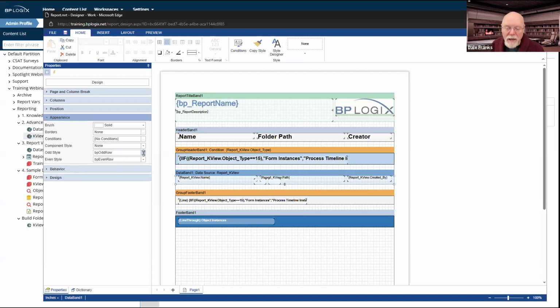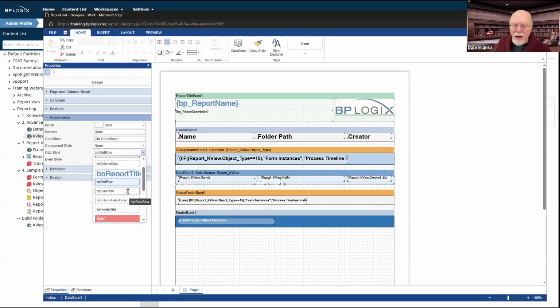I've picked the BP styles that we've built in with the light blue and white background. There are, as you can see, other styles. There is a built-in odd row style and a built-in even row style. So in addition to the BP styles, there are these styles that are built into the report generator itself.